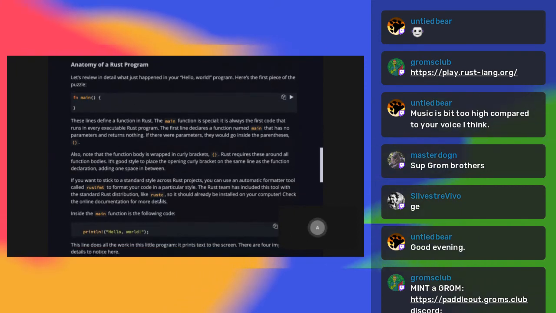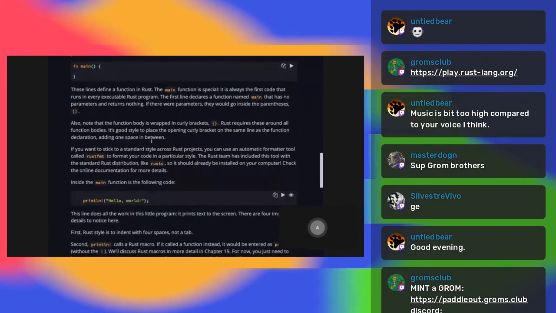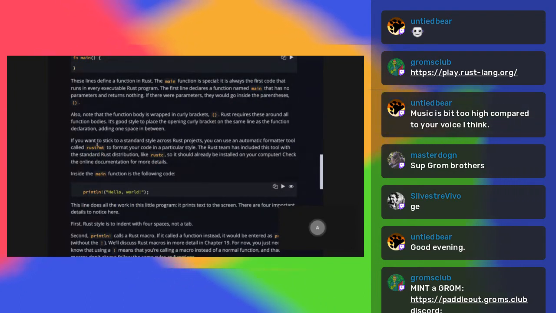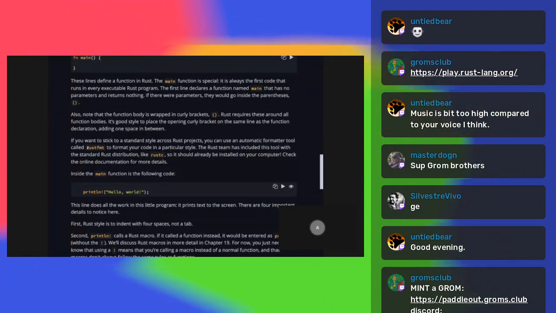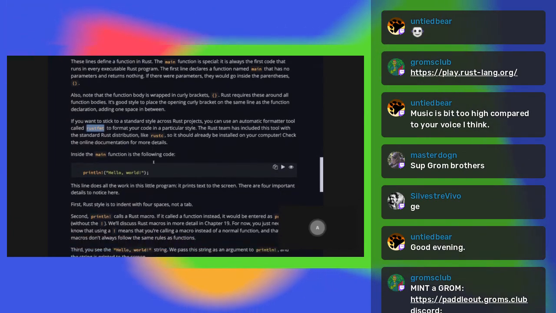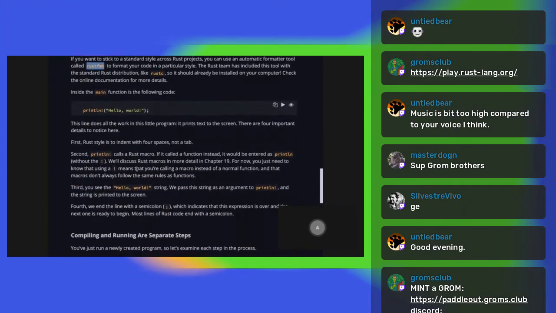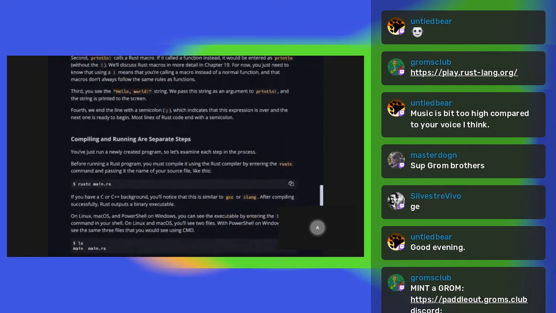So this goes into some more, basically a lot of the material that we talked about. Rust font or Rust format, I won't get into right now. We'll have opportunity to see that later. Yeah, so this is a good